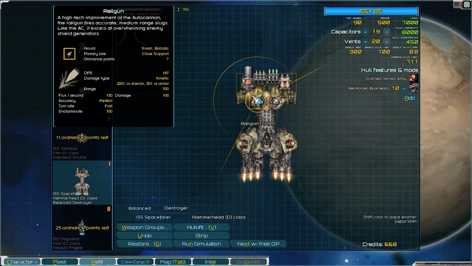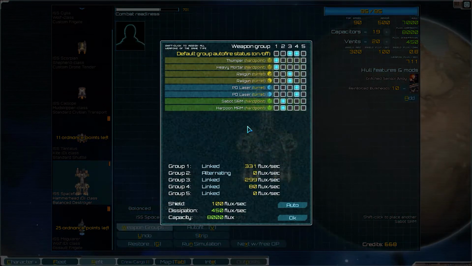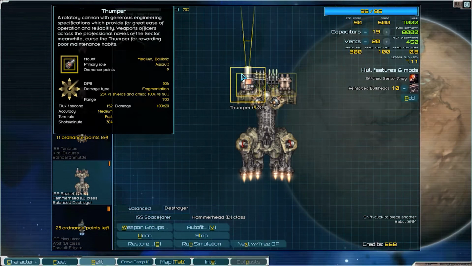Railguns are kinetic. Railgun and Sabot SMR are kinetic. Where's the Sabot SMR? Okay. These guys, they're... Let's move this guy down with the railgun. So these three are kinetic. Let's hit OK on that, and then don't want